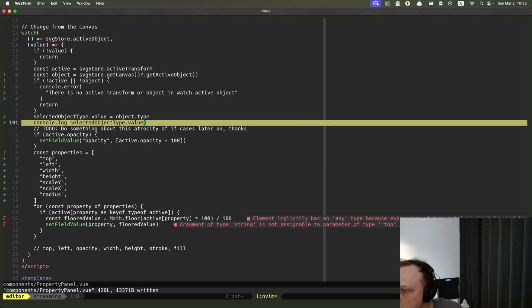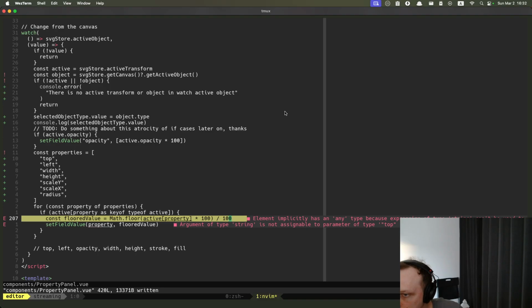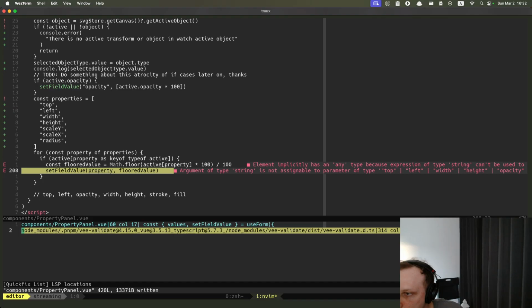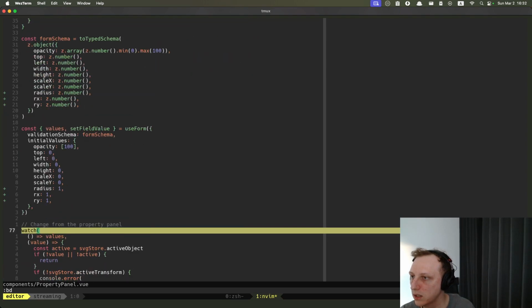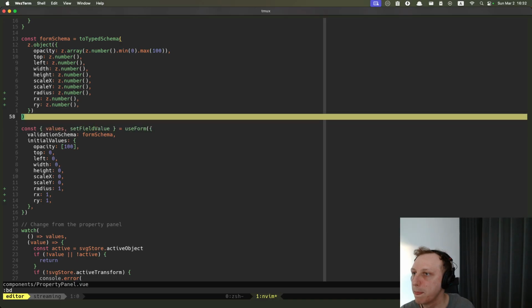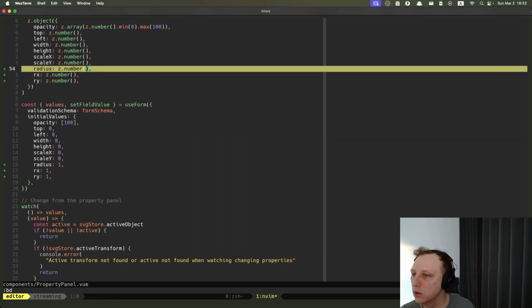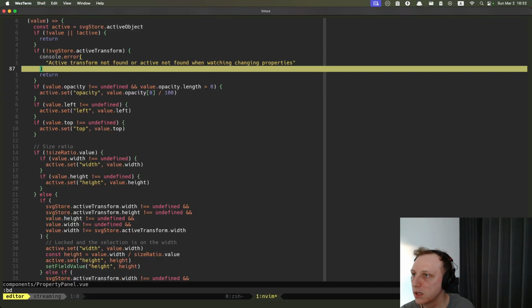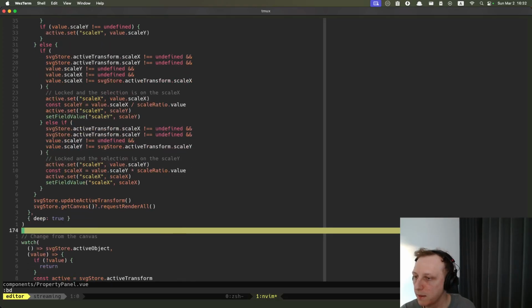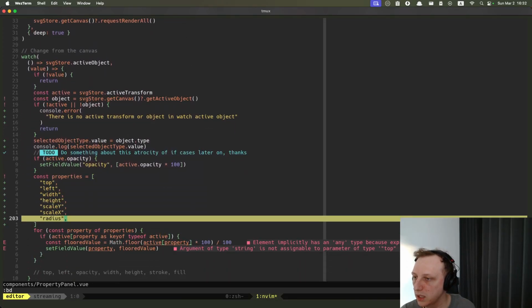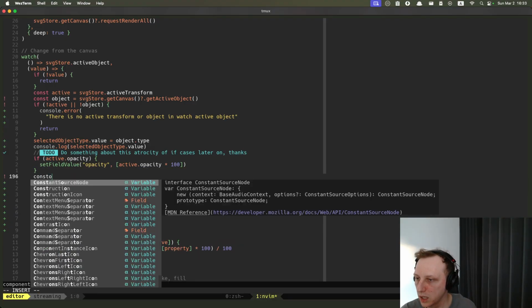Console log, this should be fine. Math from active property. Oh, okay, I'm scaling this property, but this should be fine, right? Top of height opacity. Okay, so wait a second. Set field property. Am I missing one field somewhere? Because we have added it to radius, we have added it in here as well, but the form schema is here, right? So we should not have to add stuff anywhere else. Values change from the property panel. So this is when we are going to change it from the property panel, right? But in here, we should have everything we need because we are taking it from the radius, right? So let me check, for example,